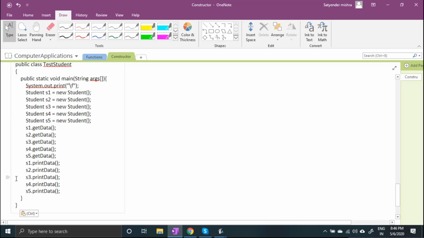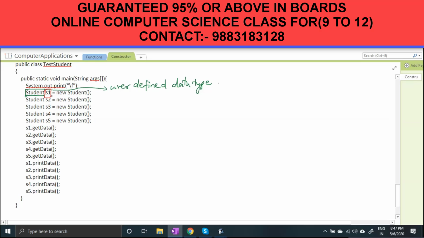So here we can say that all this is the user defined data type. And this S1, this S1 is a variable.